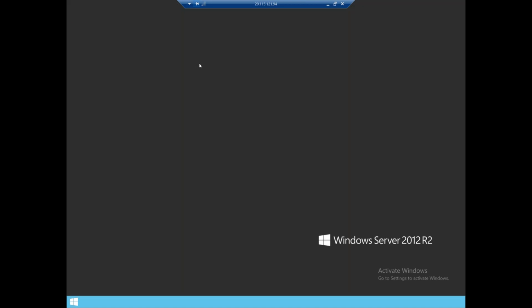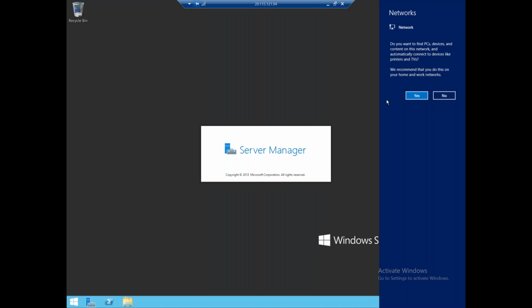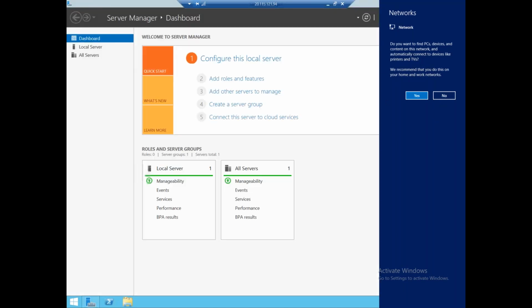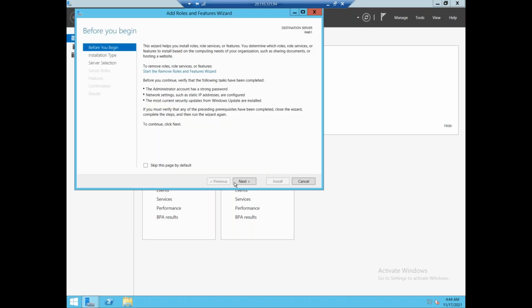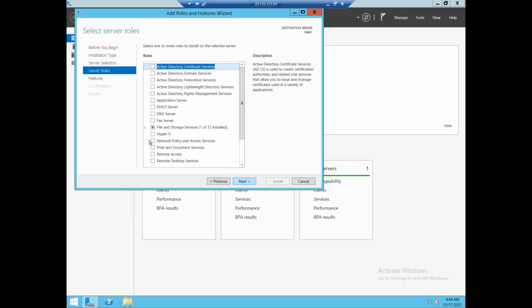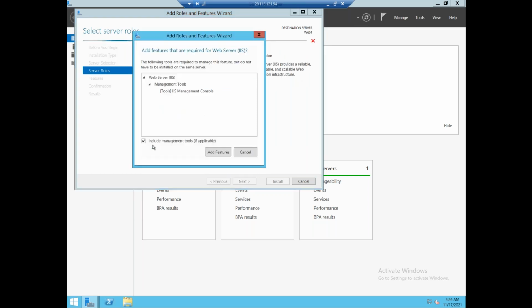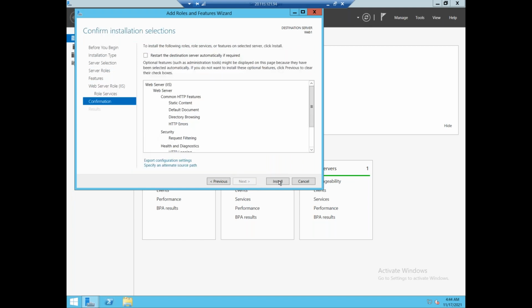After login, I install the IIS server role in this system. The Server Manager is open. Now click on add roles and features, then click next. Now select the web server role, Web Server IIS. Then next, and install.